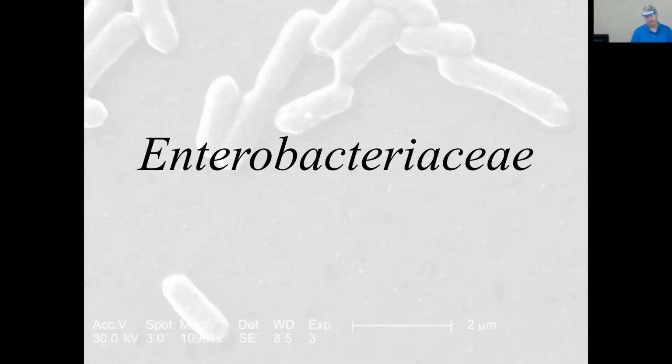Enterobacteriaceae part 2. All right. So we had part 1 Thursday, and it was a lot of the biochemical reactions that we got given, and we had it all back on the back sheet. So we have all this info, and then today in lab we're going to go back to API. So we have what's known as API E, 20E for the enterics or the Enterobacteriaceae, and we have